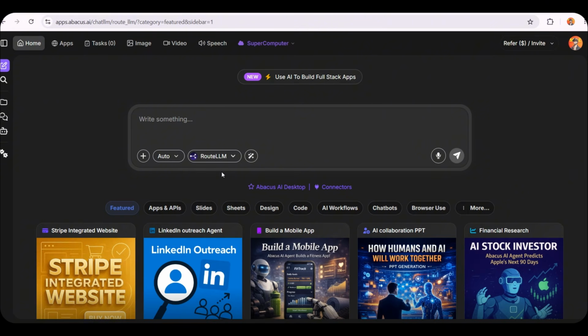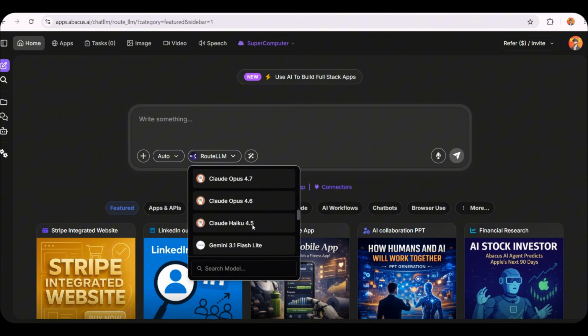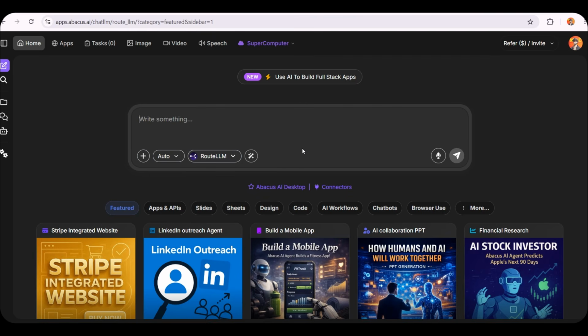When you enter the chat area, you'll notice several options available to you: chat, agent, and auto. Personally, I always prefer leaving it set to auto because the platform automatically chooses the most accurate mode for your specific request. You'll also notice the AI model selection area. I recommend leaving it set to Route LLM because it automatically selects the most suitable AI model for the project you're working on. This allows you to focus on creating and building your products instead of spending time trying to figure out which AI model is the best choice. And that's exactly what makes this platform such a powerful tool for anyone creating digital products and educational resources using